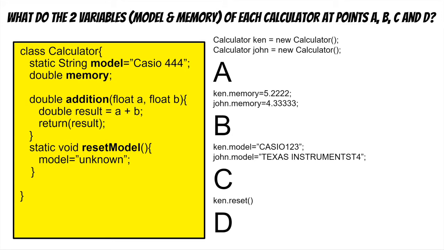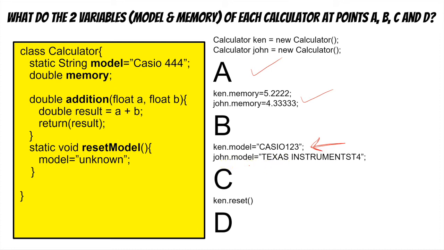To begin with, at point A, we've made two separate calculators, Ken and John. So here we go. Point A, Ken is Casio. Oh, they're both exactly the same. They're equal. There's nothing personalized. The only thing that's different about them is that the names of the reference variable which holds them is different. When I say Ken.memory is 5 point whatever, and John.memory is 4.3, from that point onwards, the memory changes in both of them. When I say here that Ken.model is Casio 123, now at that point,